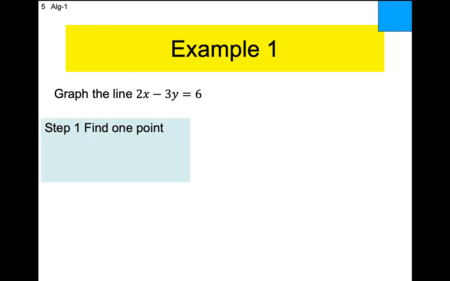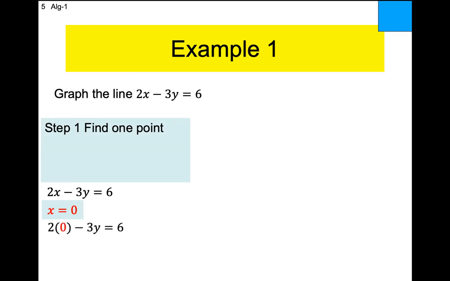So we're going to find 1 point. This is step number 1. I don't have you write down the steps. We're just going to do it. So we're going to take this equation, just like we did on Friday. We're going to plug in 0 for x, not for y, but for x. Let's plug in 0 for x. What do you get? 2 times 0. So we're left with